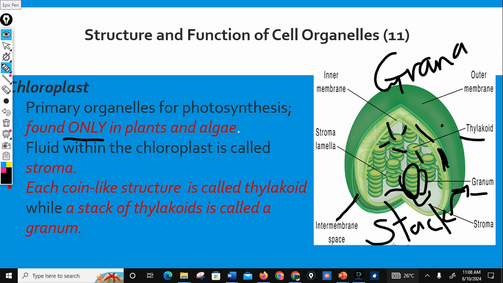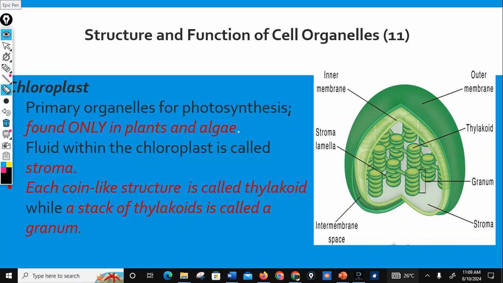I mentioned that each coin-like structure is called a thylakoid and a stack of thylakoids is called a granum. I mentioned that. And the next one is